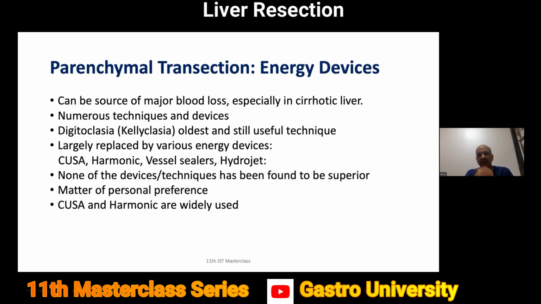There are multiple randomized trials which have compared these various techniques. None of the devices or techniques has been found to be superior to even teleclasia or digitoclasia. Although in practice, I find that digitoclasia may be cumbersome. For small resections, it's fine. You can do it with teleclasia, but it's better to use an energy device. Which device to use is a matter of personal choice. I find a combination of CUSA and harmonic, especially in cirrhotic livers, to be very useful. But then nothing can beat a CUSA if you want